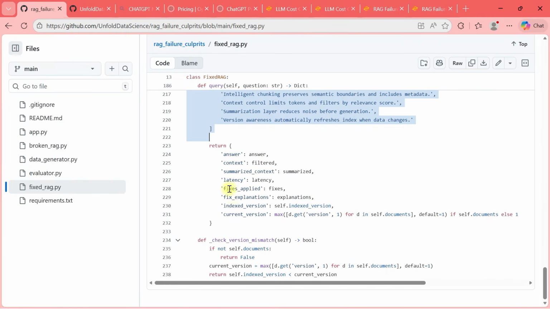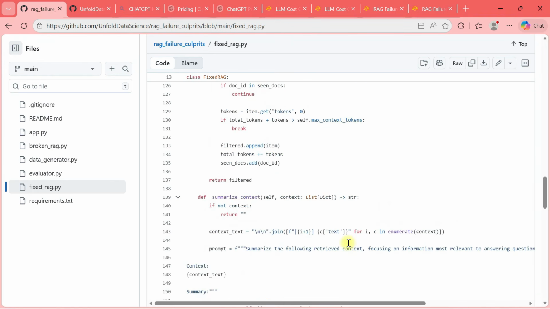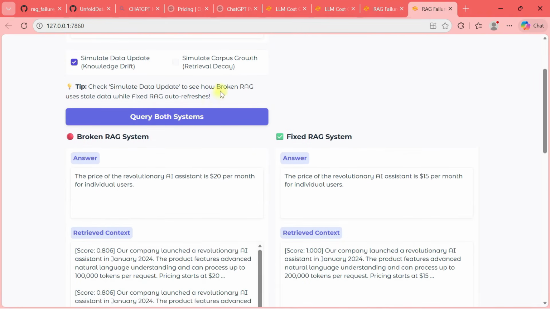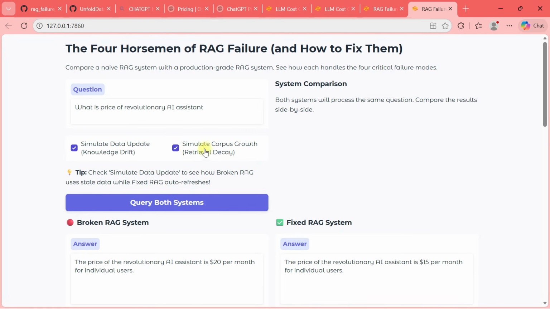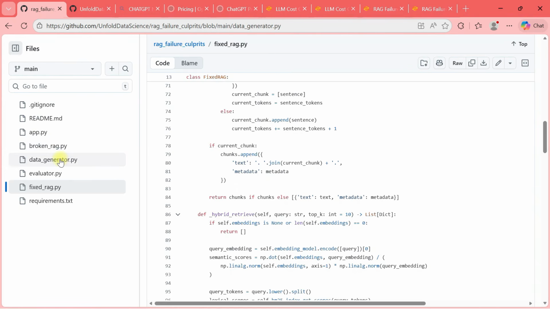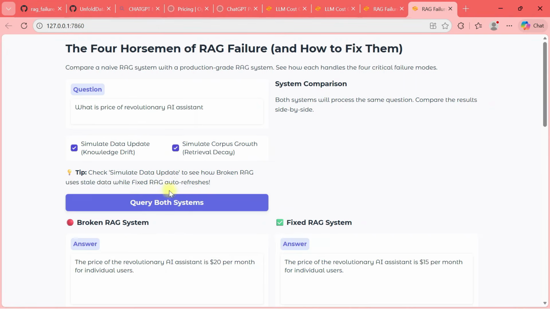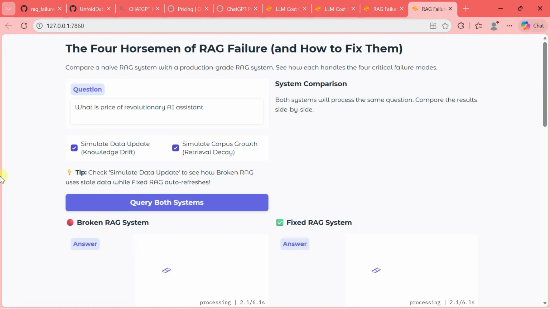And yeah, that's it then. These are your answers, context, latency, etc., that you see on the front end. Those four things are applied, and anything you ask, right? What will happen is when you query both systems, if I run it one more time, for example, and I say simulate corpus growth, so retrieval decay you will also see here. When the corpus grows, that is how the data generator is written. What it will do is help you simulate corpus growth. So let's run one more time on the same query. It will take slight time because it is simulating the corpus growth, and then